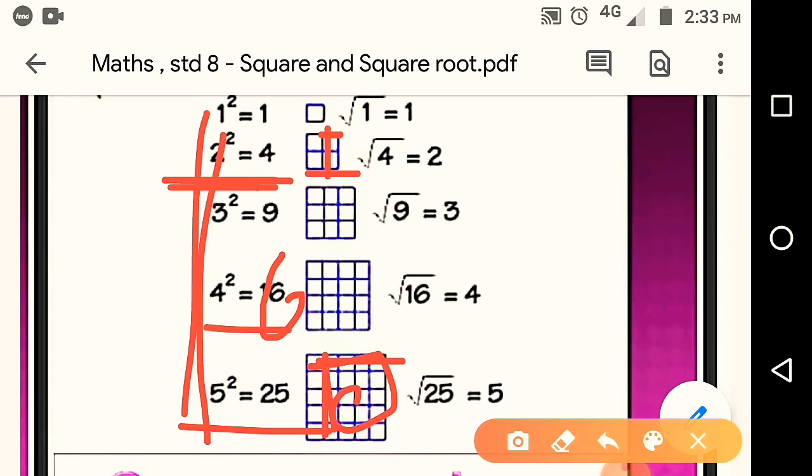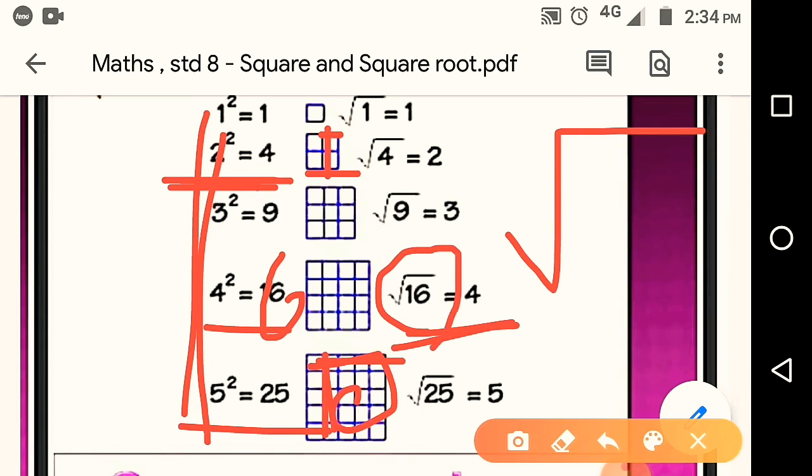Okay, now what is square root? Root means coming back to this side. Okay, root means this is the symbol of root. So 16 का root, 16 का root means कौन से number को 2 times करेंगे तो answer 16 आएगा. So 4. So the answer is 4. So 4 is the root of 16, because by multiplying 4 2 times we get 16. So just opposite. Here the answer is called square and here the answer is called square root.